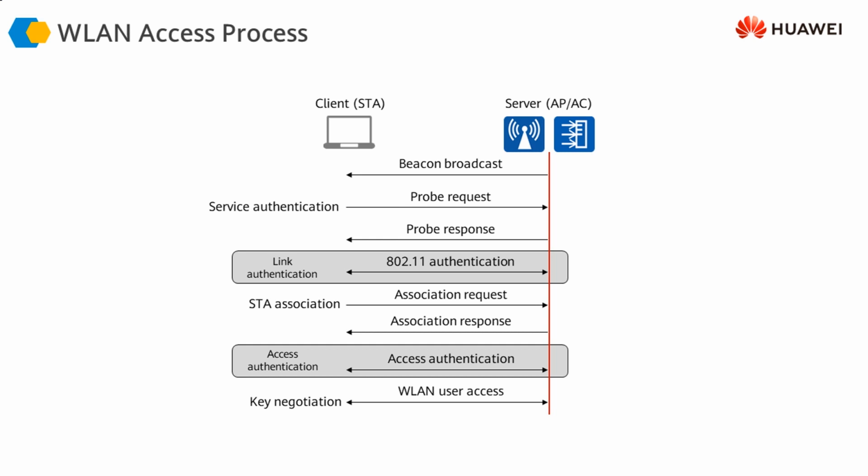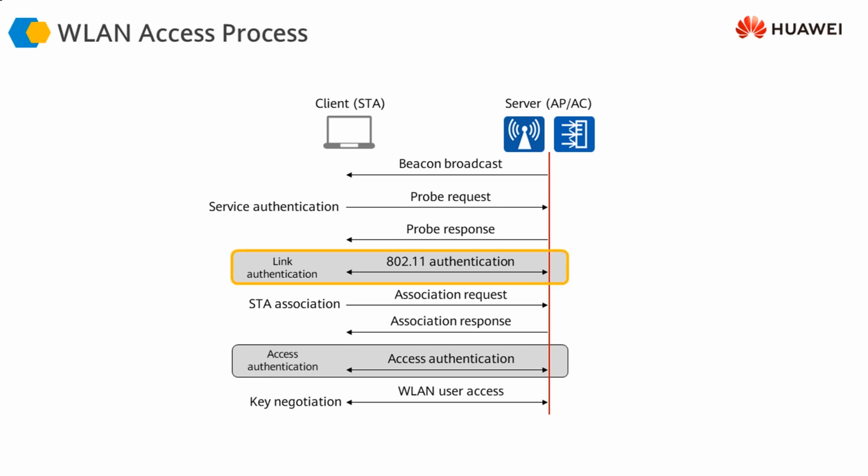In any case, when a station sends a probe request, we receive a probe response, which means that yes, I am ready to get you connected, provided you as a station or client can pass the authentication tests. Once they agree to start the authentication, two types of authentication are going to happen. First, the link authentication, and if the station passes that phase, then the access authentication.